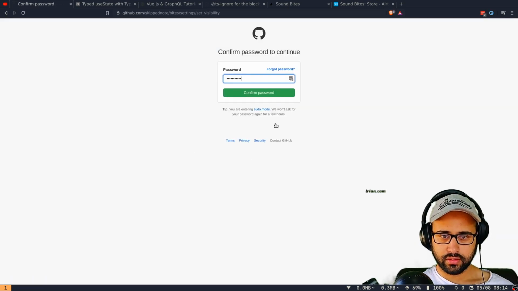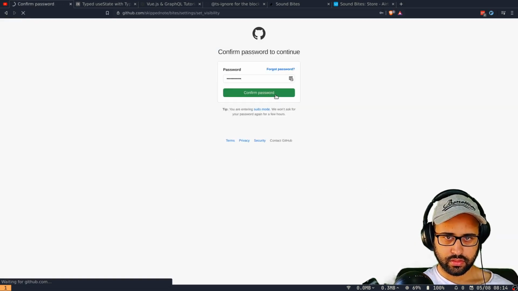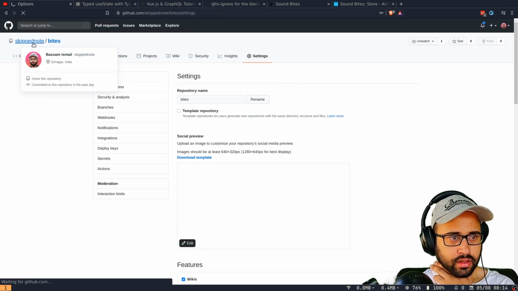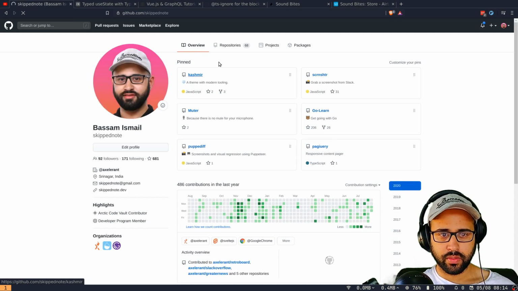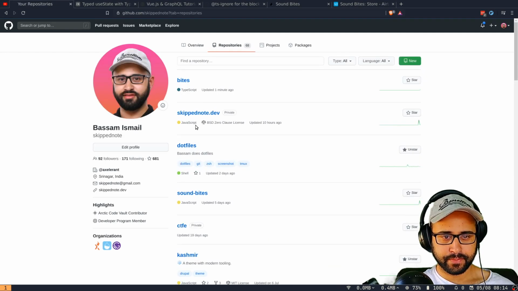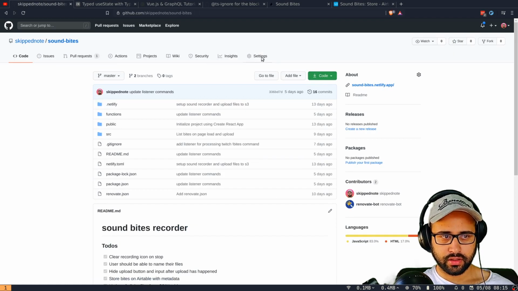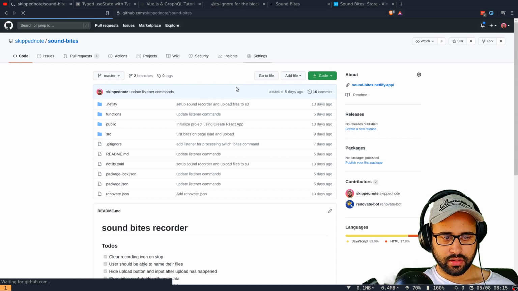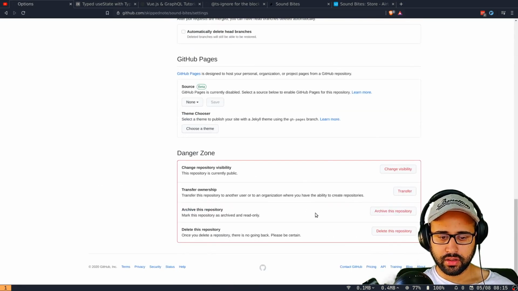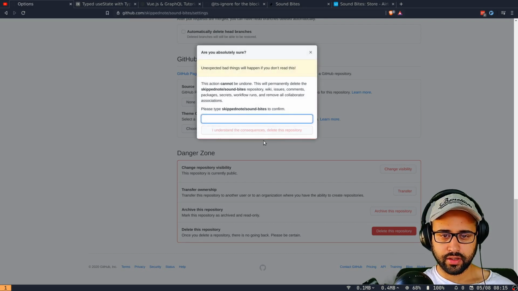Yeah, and then I can just get rid of the sound bytes one. You can get rid of this altogether because this is deprecated now. We already have the same functionality and a lot more.